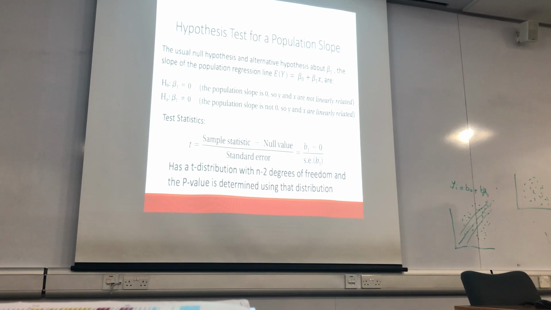So what does the test statistic say? It says B1 equals 0 versus B1 does not equal 0. B1 could be height, weight, a variable that is a predictor, which is explanatory. So basically the test statistic says that the population slope is equal to 0, that the slope of variable x equals 0, versus the slope of variable x does not equal 0, because if the slope of variable x equals 0,